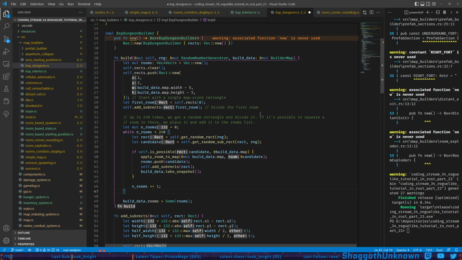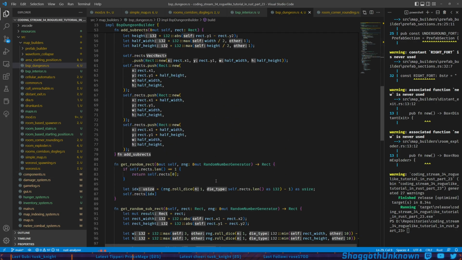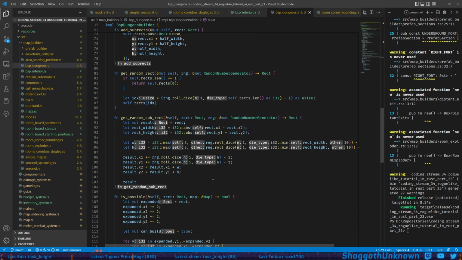So let's break this down. Let meet rooms, clear rects, push first room. All right, first room, add subrects up to 240 times, end rooms, while in rooms is less than 240, rect candidate. Yeah, that's it, if self is possible, end rooms, beautiful, very beautiful. So we're going to move our BSP corridor code into a new builder without the room sorting. We'll be touching on that in the next heading, which is interesting. I think what we might do is make it where it sometimes sorts, sometimes doesn't. So we'll see. We're going to need rooms, corridor,